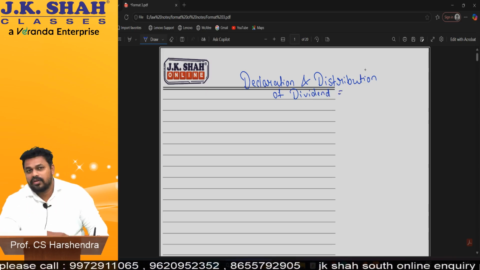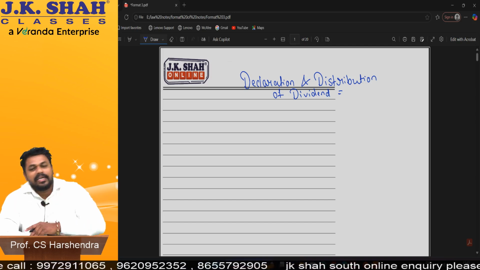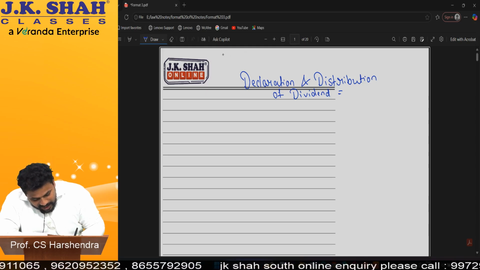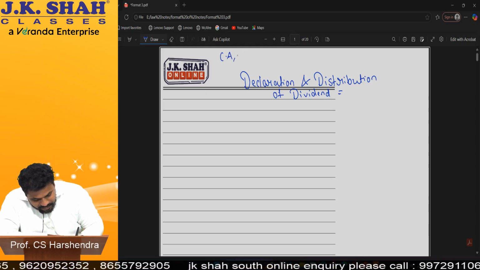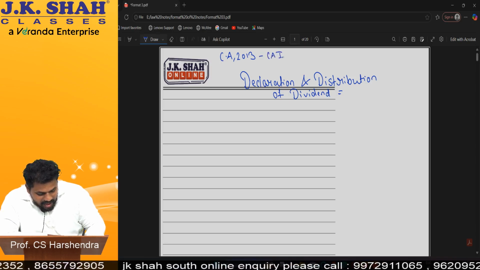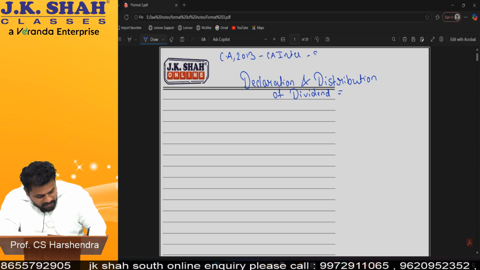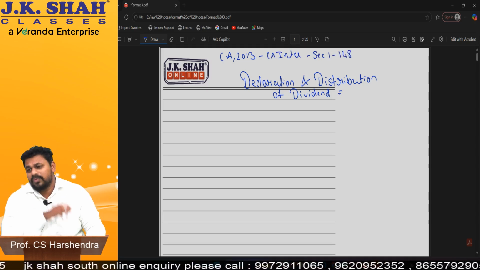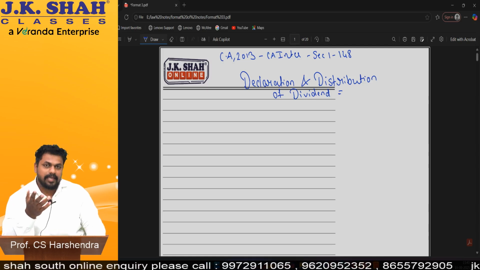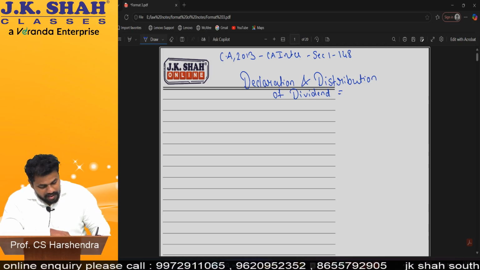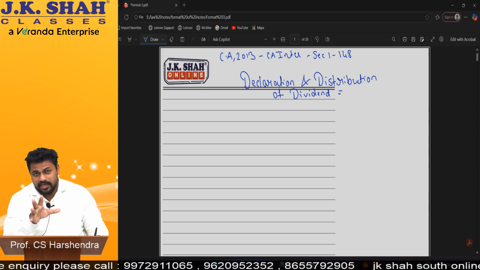Now just for your information guys, I did not tell it in the preliminary, or I have told it but I don't remember, that in Companies Act 2013 in your CA Inter syllabus, we have section number 1 to section 148 in your syllabus. Obviously some sections are omitted by ICAI, some are not that important. So roughly around 140 sections you have to study just of Companies Act.